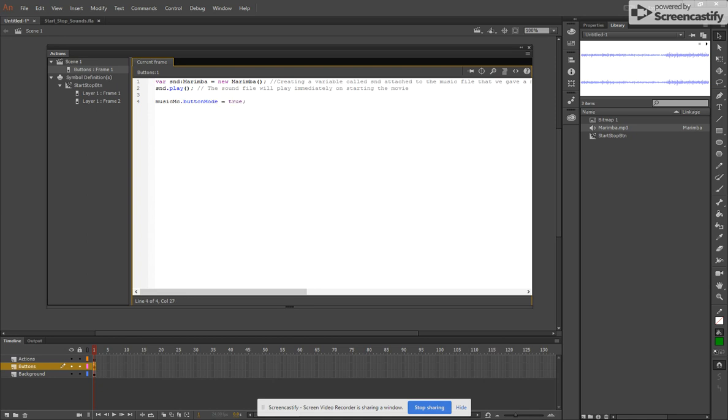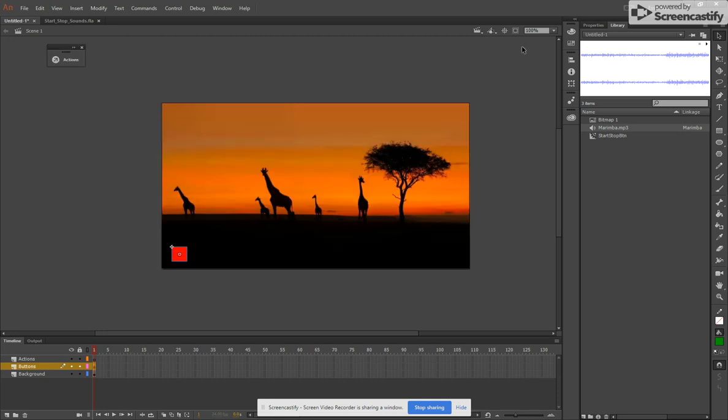And finally, what this one does, you can see that Music MC is the name I gave the button. Or it's going to act like a button. Now, because it's a movie clip, because I didn't want it to act like a button when I was editing it, I need to just set its button mode to true. So music MC.button mode equals true effectively then turns it into, doesn't turn it into a button, but it can be treated as a button, so that I can do the following, because I'm about to add an event listener